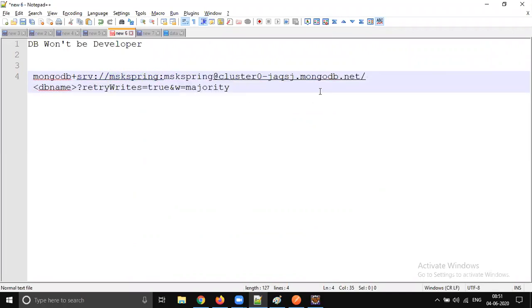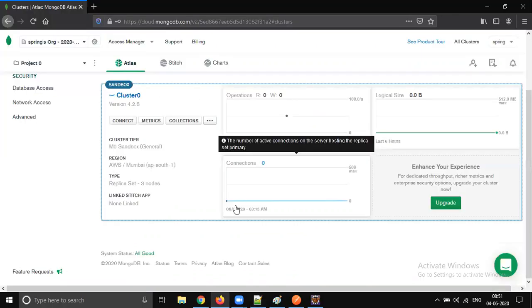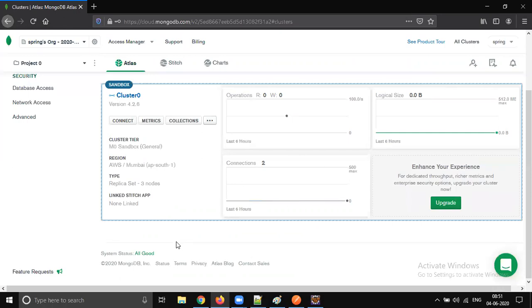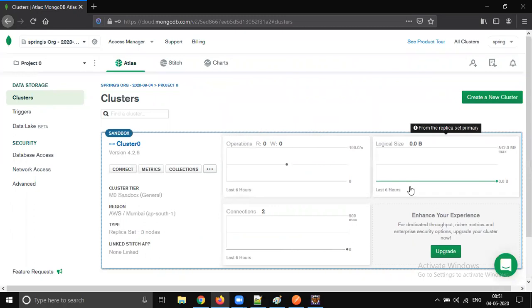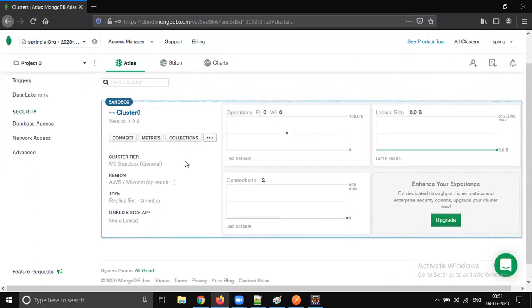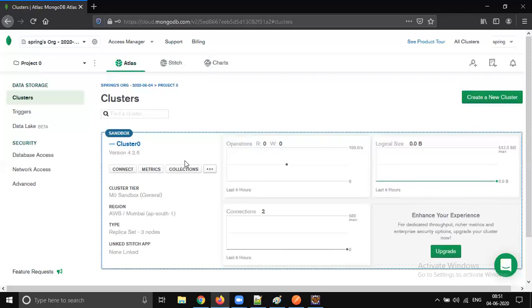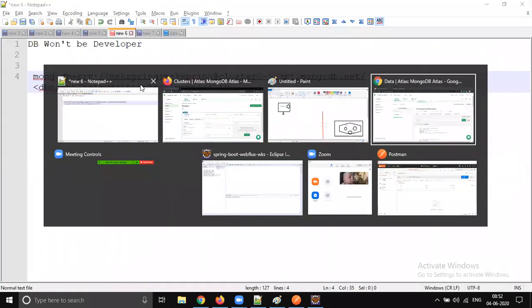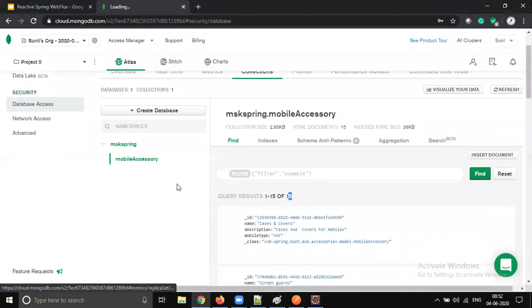And the default DB name, how can we get it? Once again, it will take some time to get the changes reflected. Meanwhile, let me see from where we can get the database.